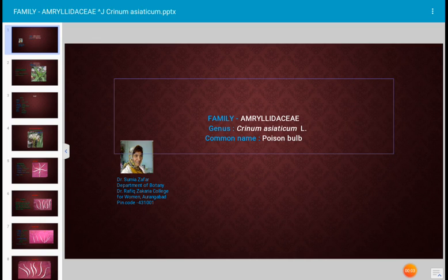Today's topic for discussion is a description of a specific plant, that is Crinum asiaticum. It is a member of the Amaryllidaceae family, and its common name is giant lily. It is also called giant lily or poison bulb. It is an ornamental plant which is very commonly grown in tropical as well as subtropical regions of the world,